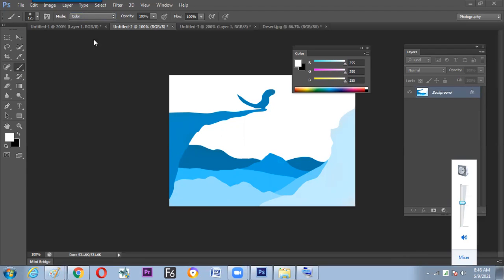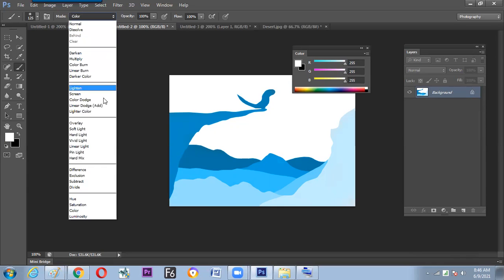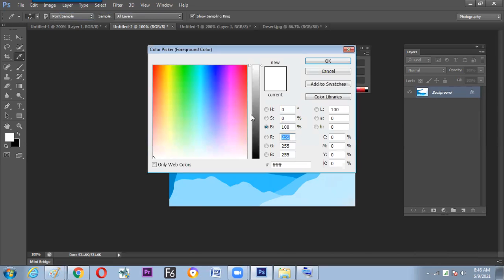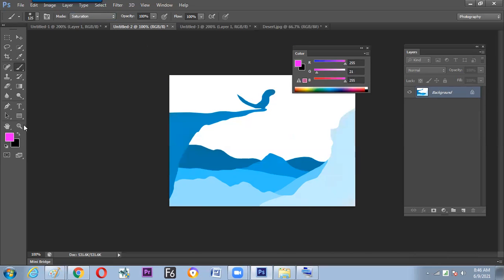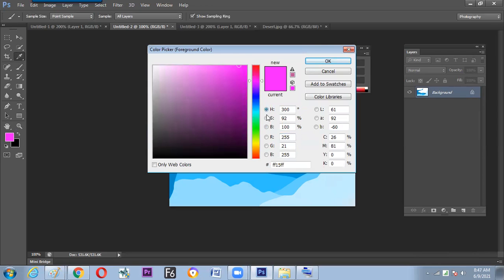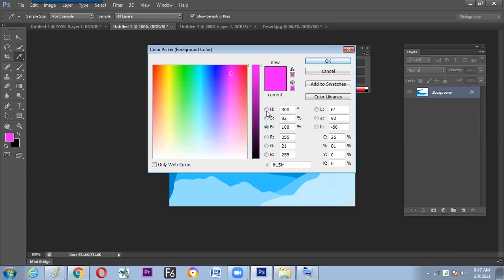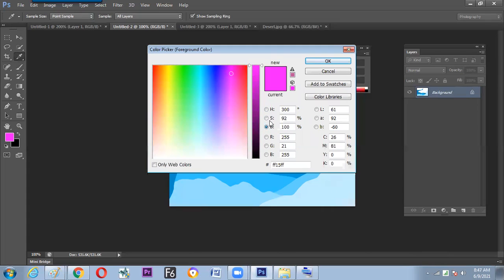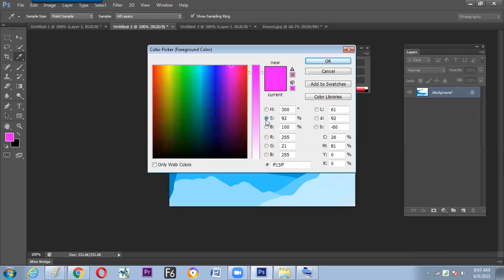Now we'll learn about the same brush with one more blending mode called saturation. Here it paints your saturation. As you got to know, every color has three properties. Am I right? What are the properties? Color, pureness, and light value. Color is controlled by hue, pureness is saturation, and B is for brightness. Now, we can paint each part independently also.